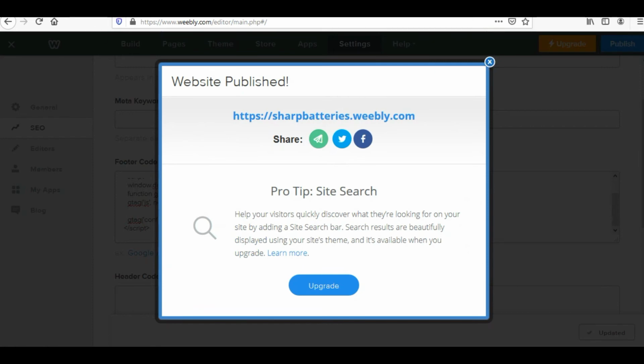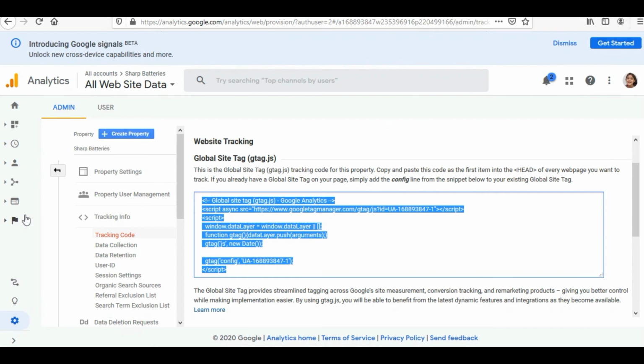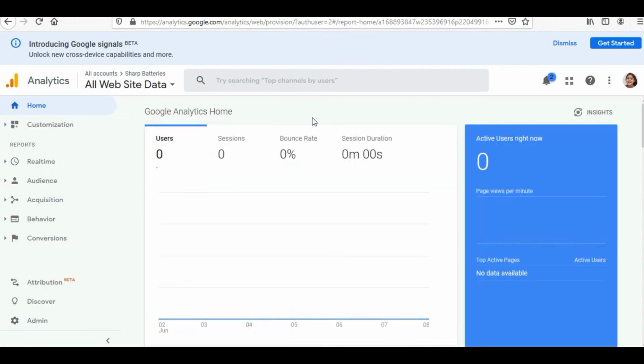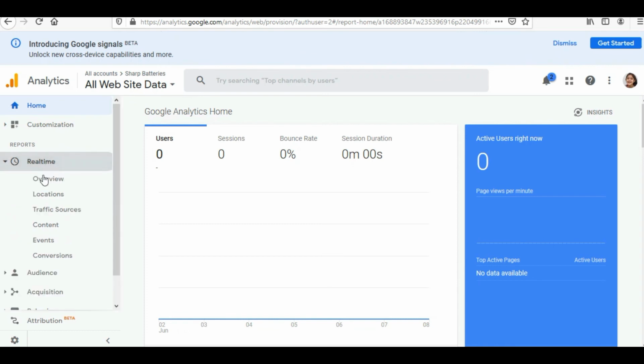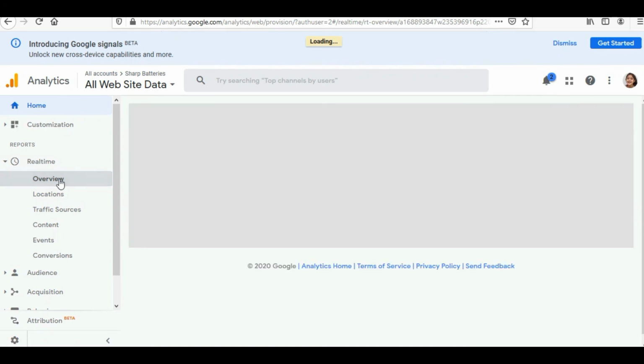Let me go back to Google Analytics. Because it is saved, I need to check whether the tracking code has been properly placed in the code of the website. I would click on this home button on the left side of the Google Analytics window. I have reached this interface of Google Web Analytics. Now I would be clicking on real time over here. When I'm clicking on real time, there is this option of overview. So I've clicked on overview.